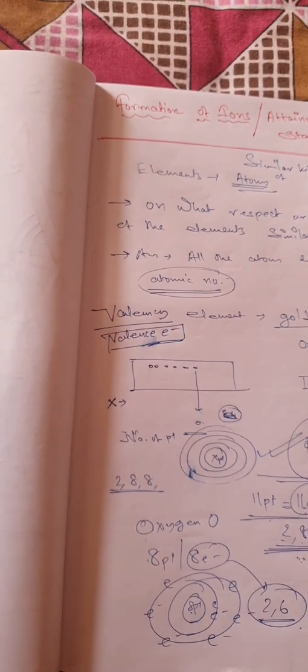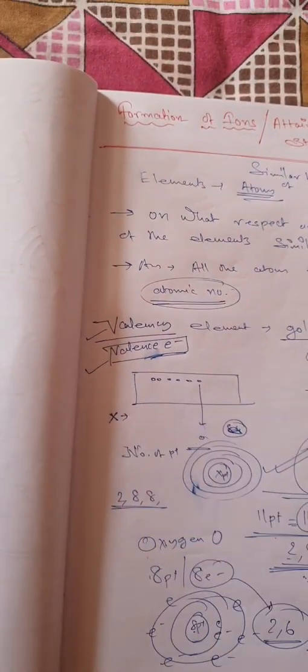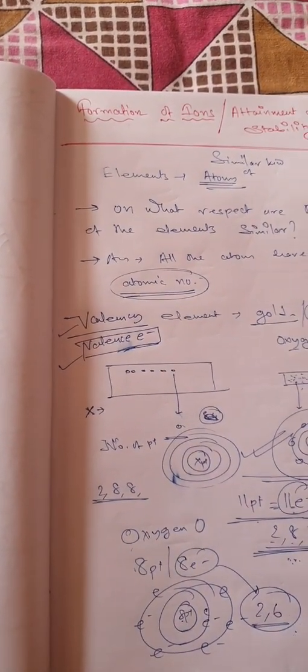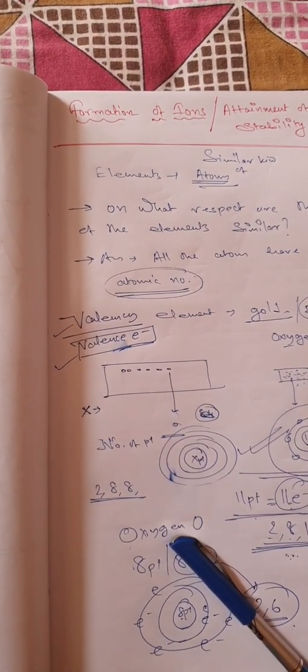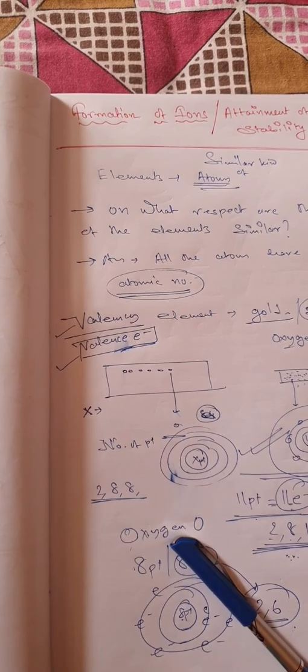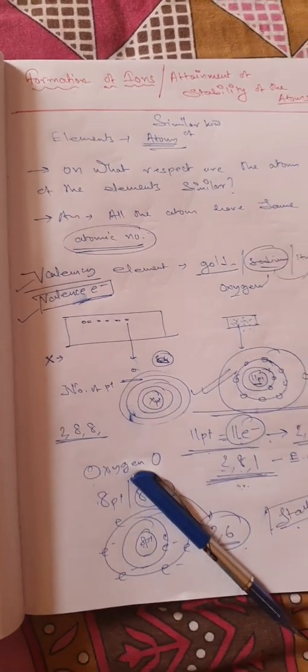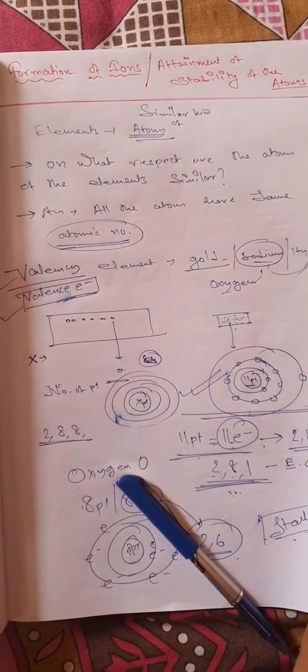You have an entire clear video given previously depicting the valency and the valence electron of each of the atoms of each of the elements from 1st to 20: hydrogen, helium, lithium, beryllium, boron, carbon, nitrogen, oxygen, fluorine, neon, sodium, magnesium, aluminum, silicon, phosphorus, sulfur, chlorine, argon, potassium, calcium, and you know it. Now, what happens is, suppose,